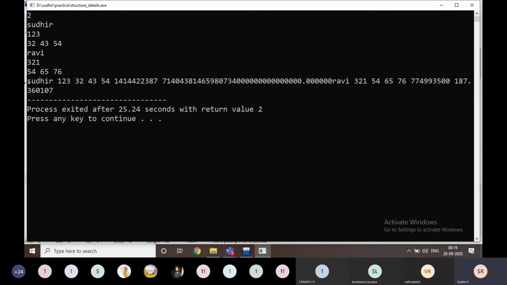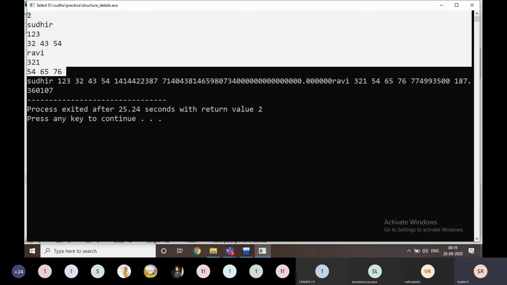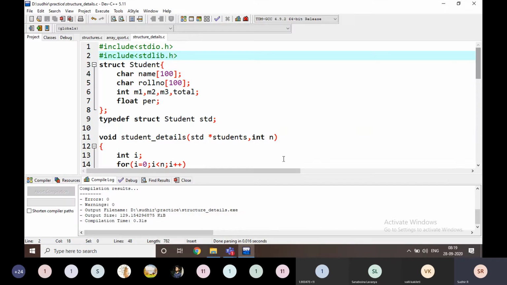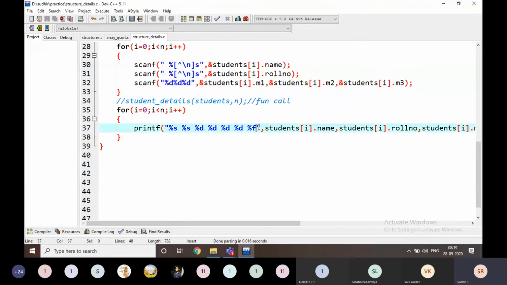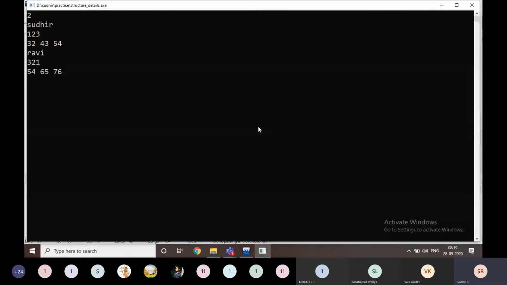And yes, just look here. I'm going to copy it, just wait, I'm going to delete it. Just after this one I'm going to give some slash n, then it will give you the exact data. This is the input here.